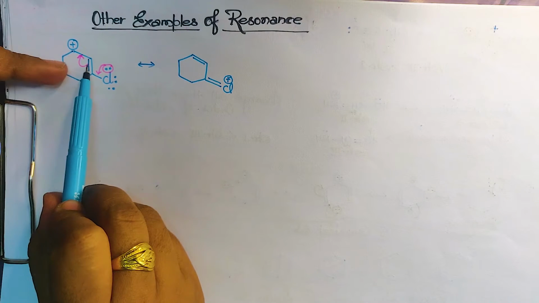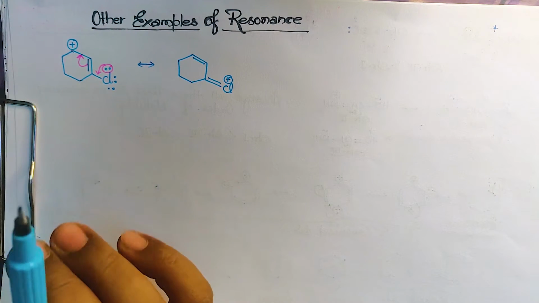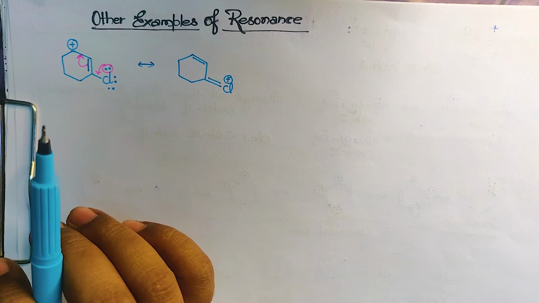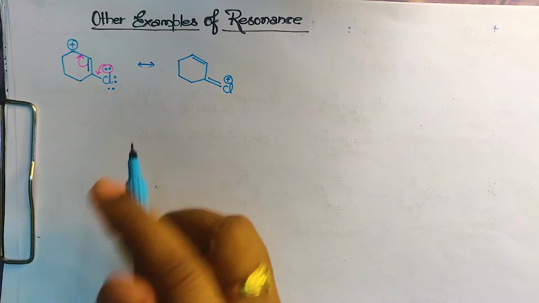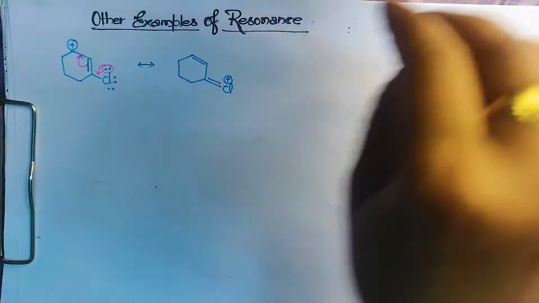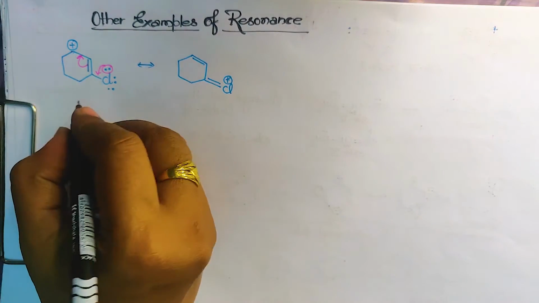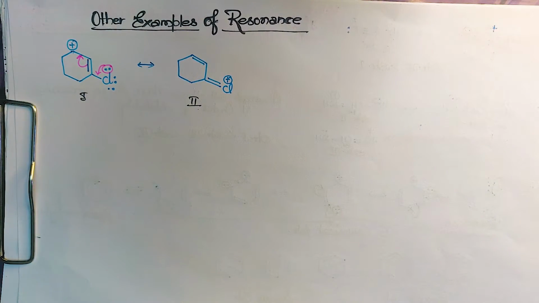Now, due to the shifting of this double bond over here, the deficiency of this carbon has gone. So there is no deficiency at all. This is the resonance. Now no more resonance is possible for this. Again, if you shift that, you will get the same structure. Suppose this is structure 1 and this is structure 2. If I ask which one of structure 1 and structure 2 is more stable, what will you say?